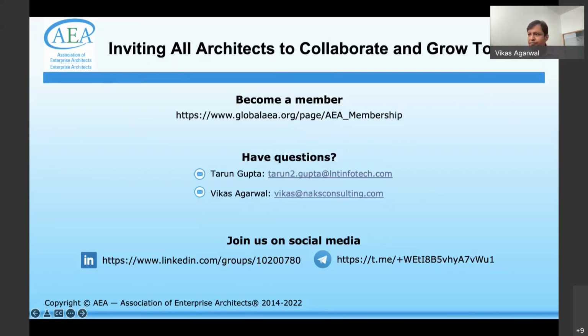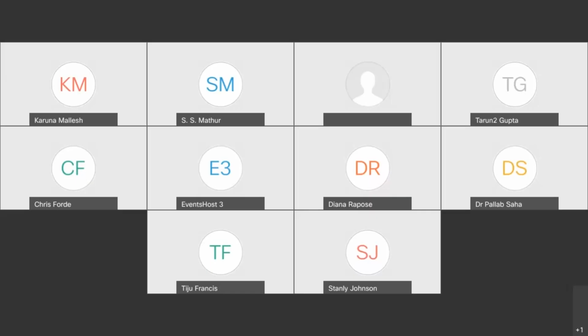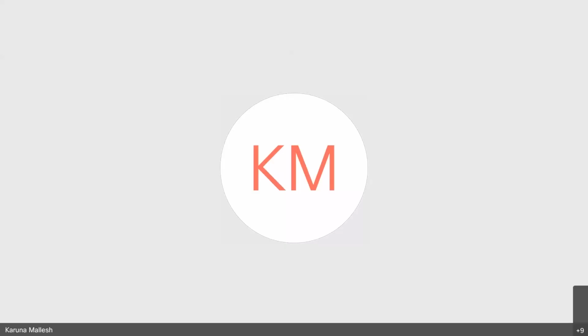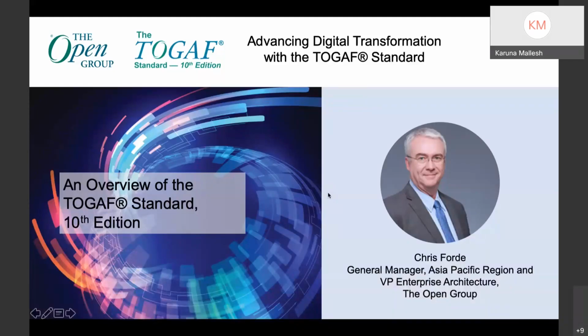Great. Thank you so much, Tarun and Vikas. This was quite an interesting presentation to learn about what AEA India is planning to do. I also have to mention that you've been doing some fantastic work in terms of supporting AEA India and your community itself. And one thing that I took away from your presentation is that you are trying to develop your AEA members by looking at 5 different aspects: learning, rewards and growth, personal and social objectives, organizational objectives, and recognition. That's fantastic. And I hope with your support, we'll be able to reach out to the wider community in India.